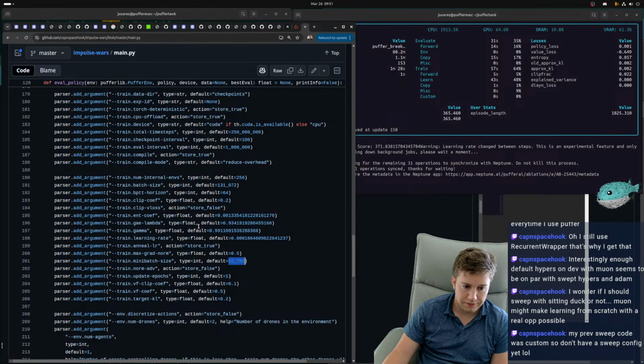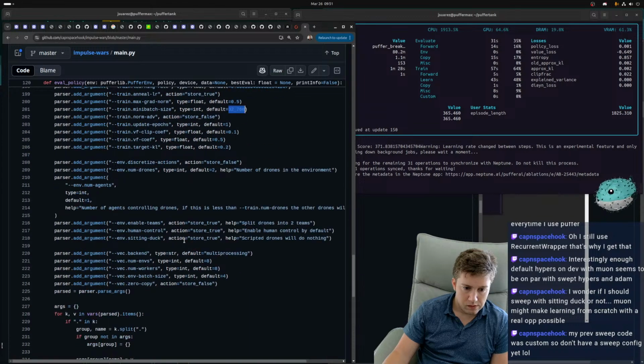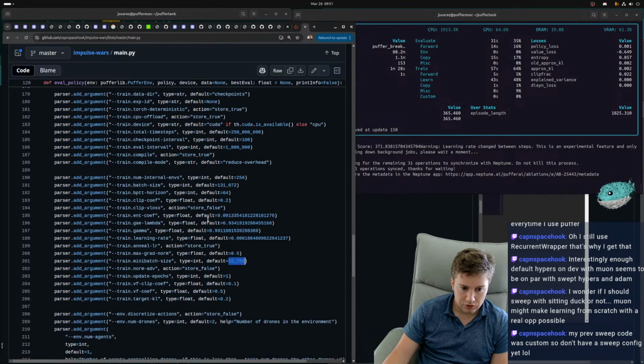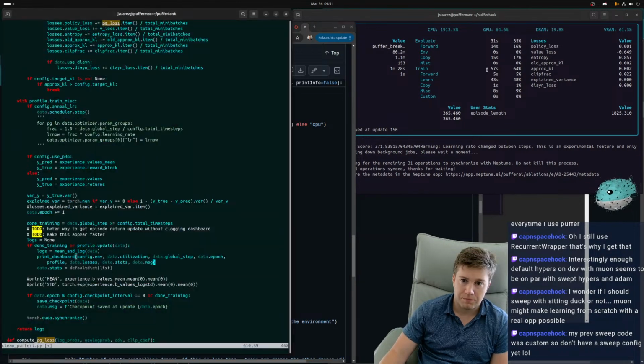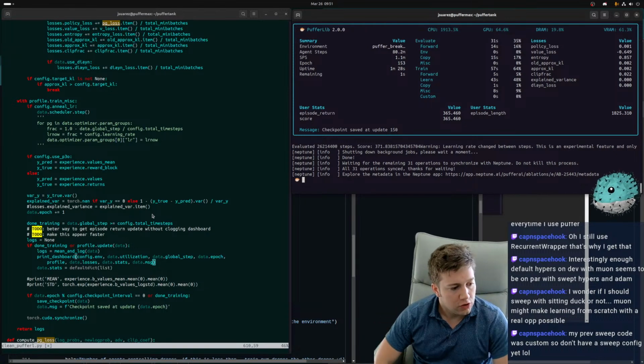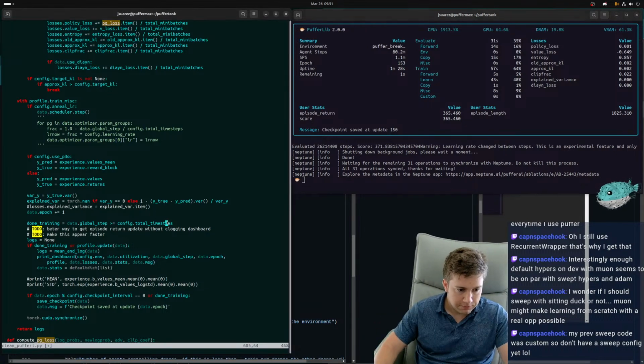Yeah, then this is fine. This should already be good. But you can try to keep this big mini batch size. I noticed with Neural MMO, it doesn't seem to work on small mini batches.